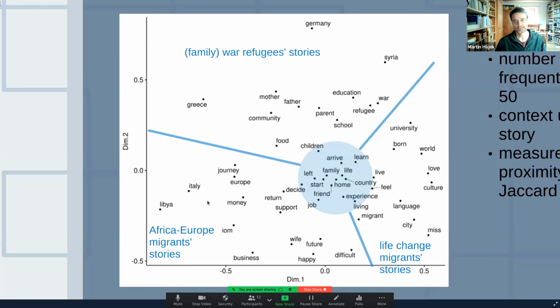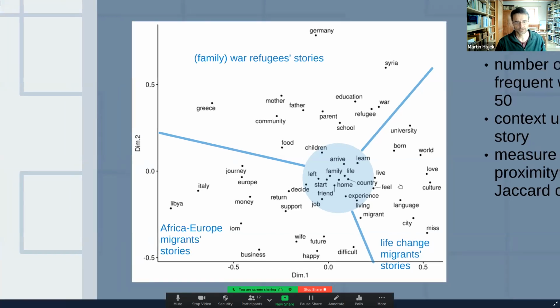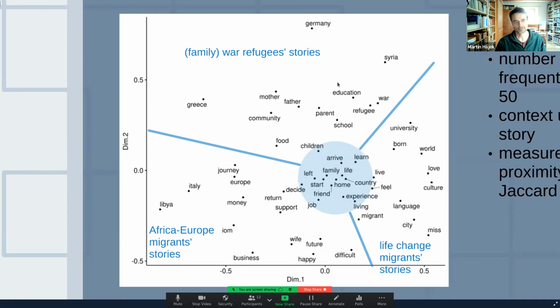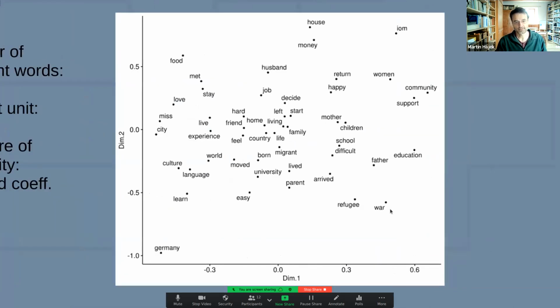Therefore, the overall interpretation of the discursive areas for men's stories is that there is an area of war refugee stories, like family war refugee stories. Next, there are stories of Africa and Europe, and the rest is life change migrant stories, or people seeking new experiences in migration. And this is a proposal. And for female stories there is also a core of